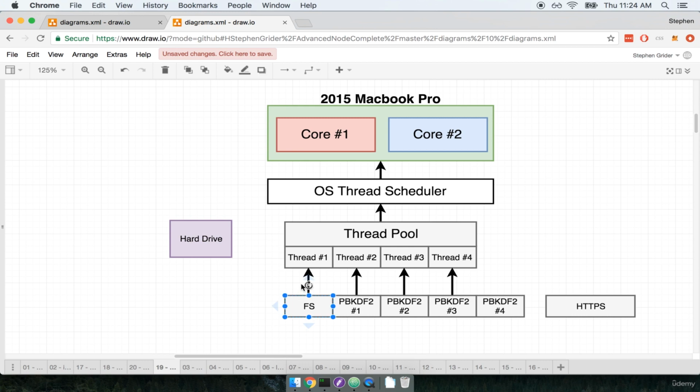So the file system call got assigned to thread 1, then the first pbkdf2 call went to thread 2, 2 went to 3, and 3 went to 4, and so on. Now threads 2, 3, and 4 are going to immediately start churning away at these hash calls, trying to calculate those hashes as fast as they possibly can. And meanwhile, thread 1 is going to start working on the file system call. Now here's the really critical point. The instant that the fs module call got loaded into thread 1,